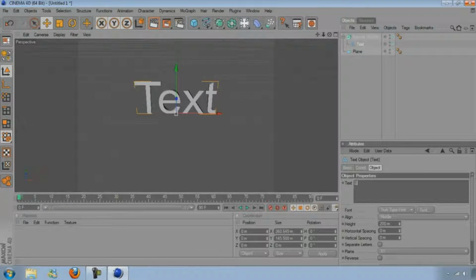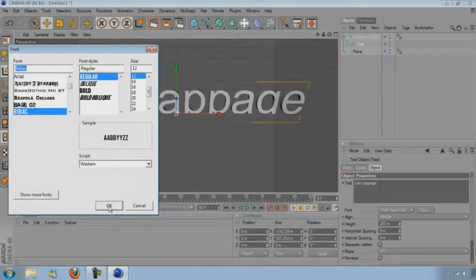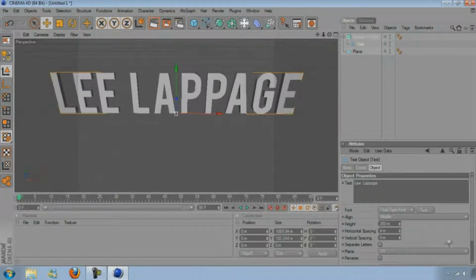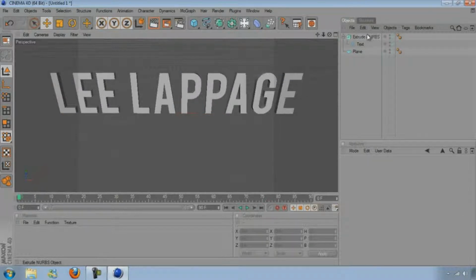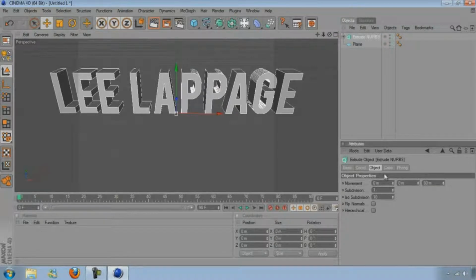And then just down here change the text to what you want, and then change the font as well, just like that, and you can play around with it. There we go. And then once you've done that, go to extrude NURBS, change the movement to 80,